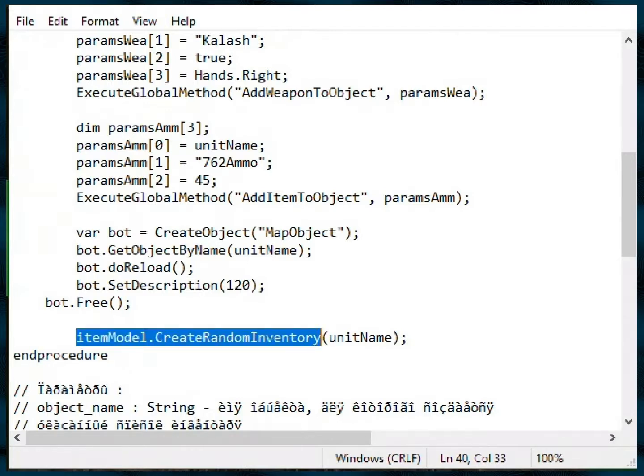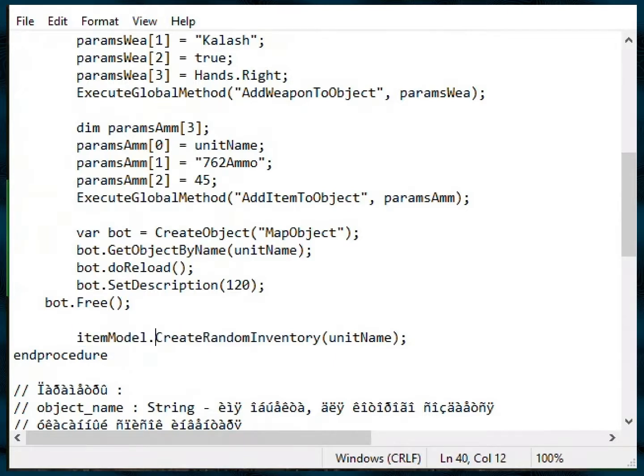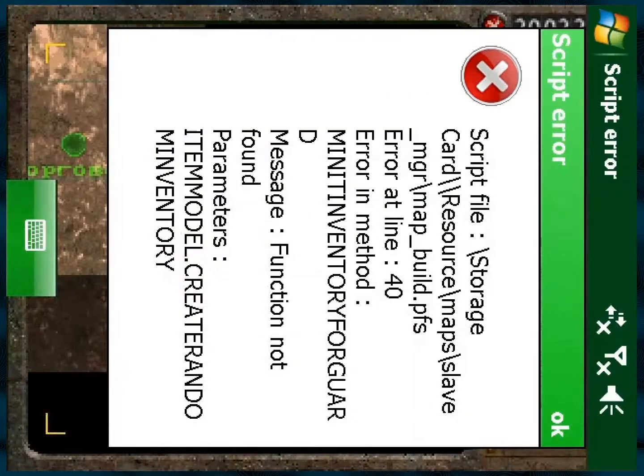It said that there's no method. But that's what it always says when it's a member. It's actually the object that's the problem, because item model is null or undefined or something like that. Yeah, we've gotten function not found for exactly this situation. Trust me, I know what I'm talking about. We'll see.